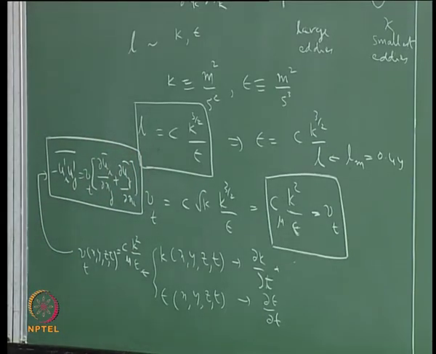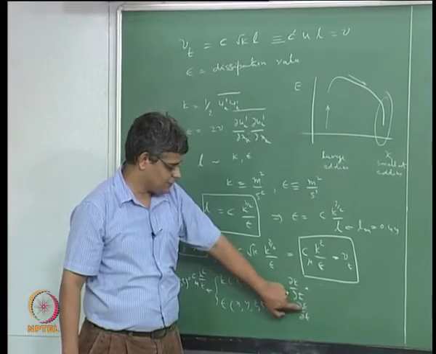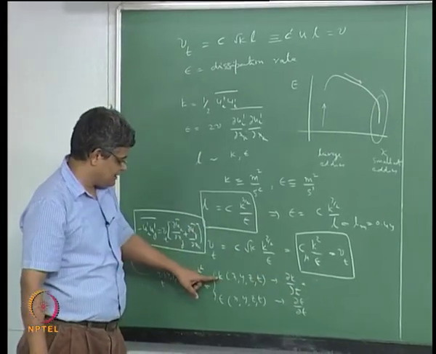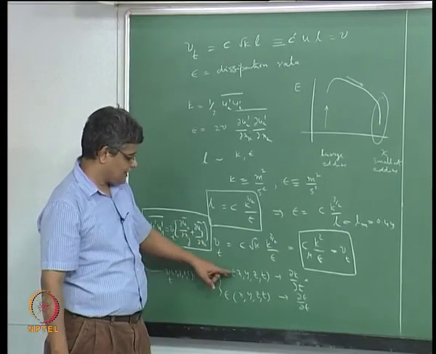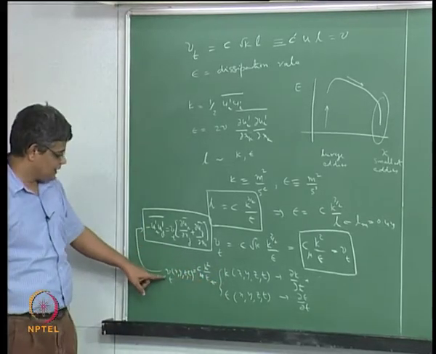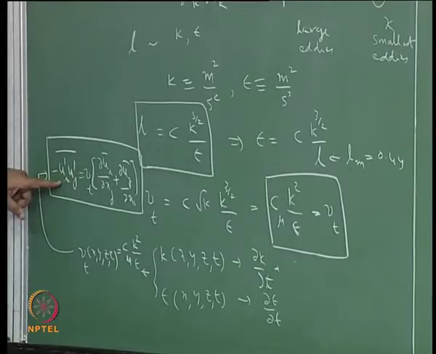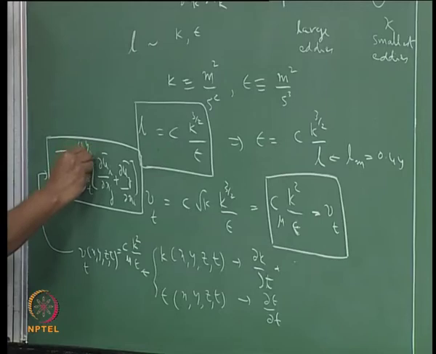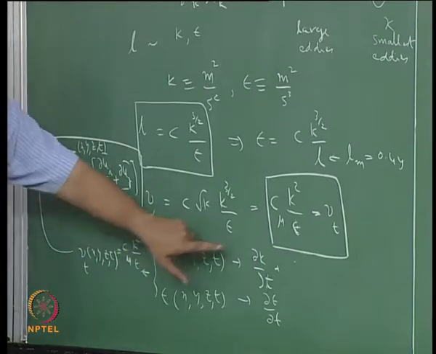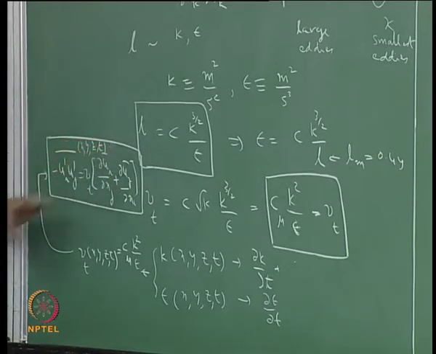So in the two equation model, we develop an equation for k and then an equation for epsilon. By solving these in the usual CFD way, we can get the instantaneous and local turbulent kinetic energy and its dissipation rate. From these we get the turbulent viscosity at a local point, and using this we can evaluate the different Reynolds stresses at every x, y, z, t. And this equation here, which is in terms of nu t, which is given by k and epsilon, which are being evaluated using these equations, and in terms of the time average velocity gradients, is such that there won't be